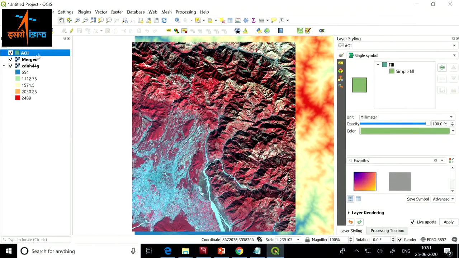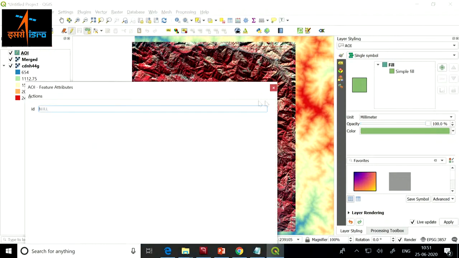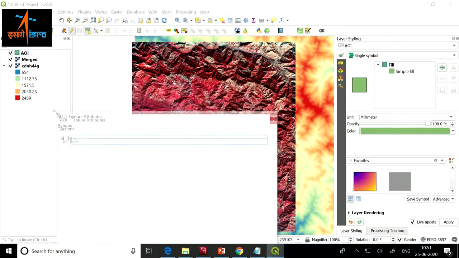This AOI file gets added. Then we need to click on this pencil icon to start digitizing, and then this icon to add the polygon. So I'll take an area which is common to both the false color composite and the DEM. I will click on four corners and I will right click to stop editing.